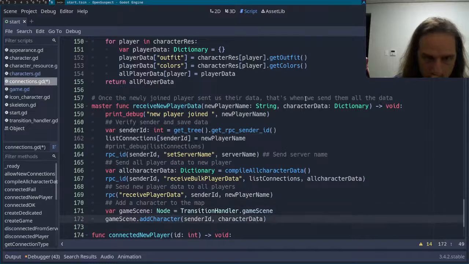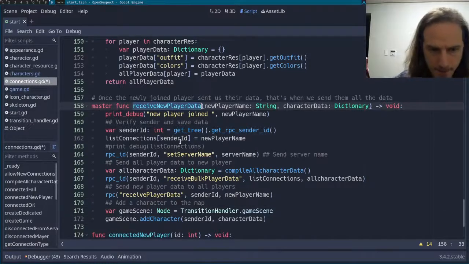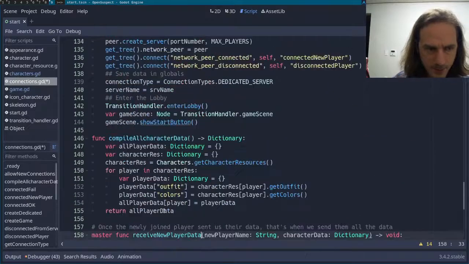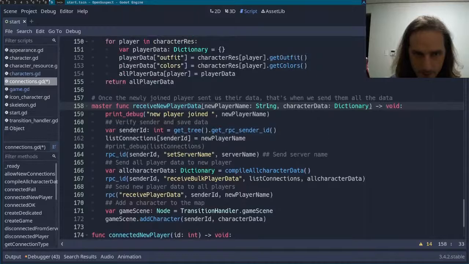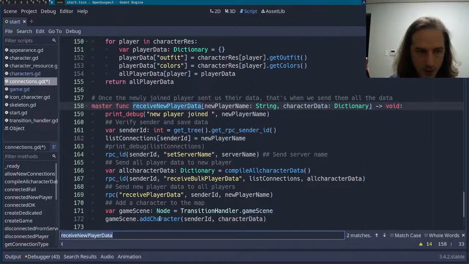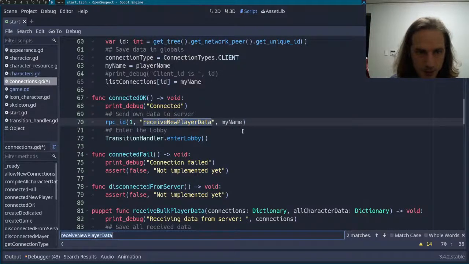Character data, and we should be waiting for this receive new player data. Receive new player data and my name, and also